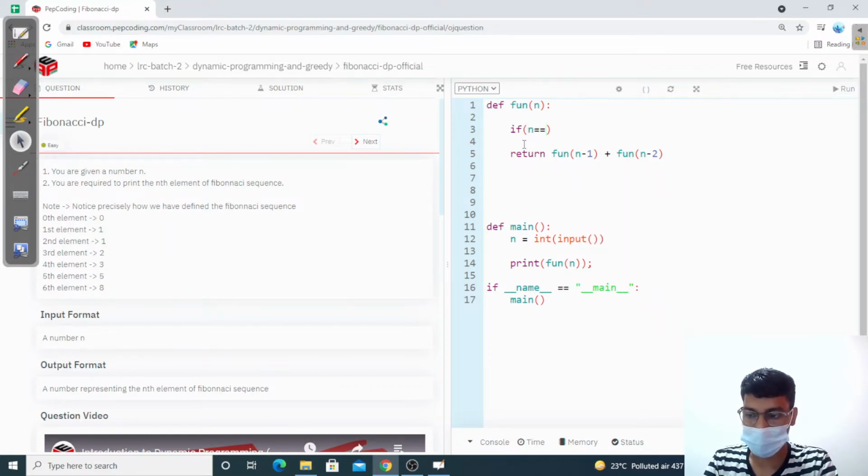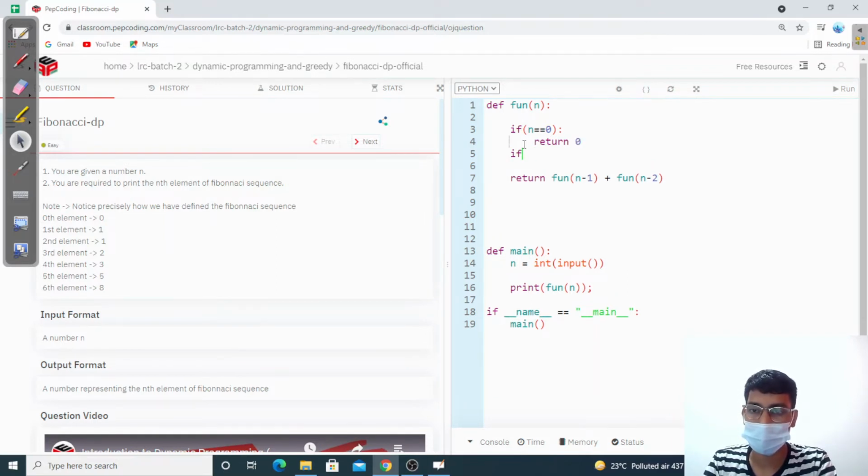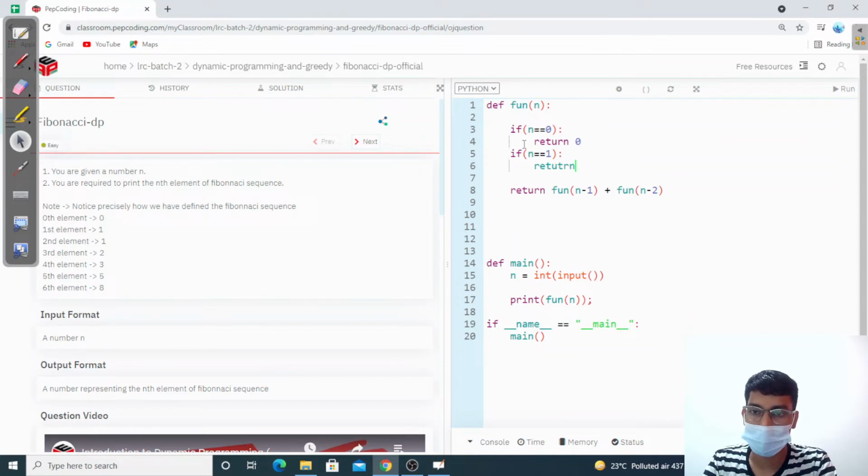If n is equal to 0, return 0, right? And if n is equal to 1, do what? Return 1. Let's try to run this code,